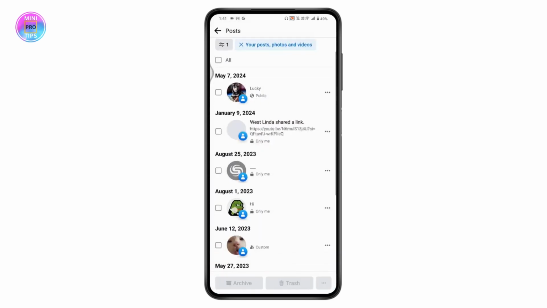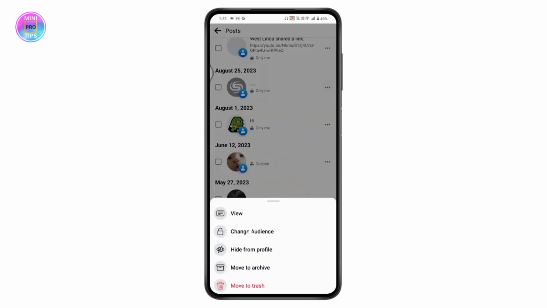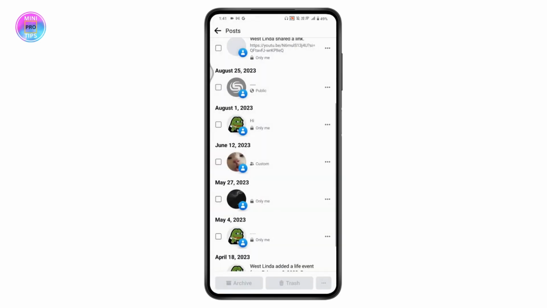Go back, and then again go for the other post, tap on the three dots, tap on change audience, and then tap on public. And once you've done this for all of your posts, then you will fix the no post available on